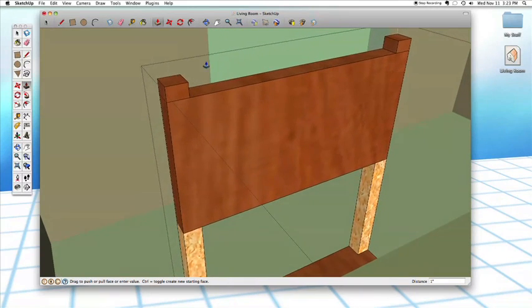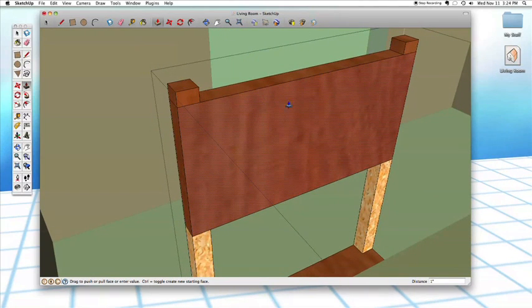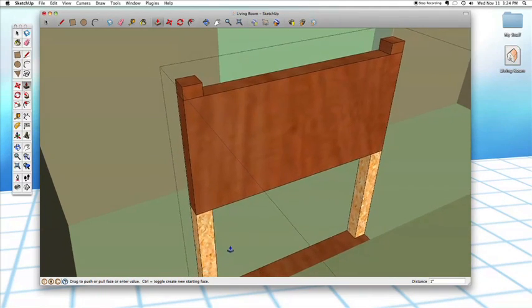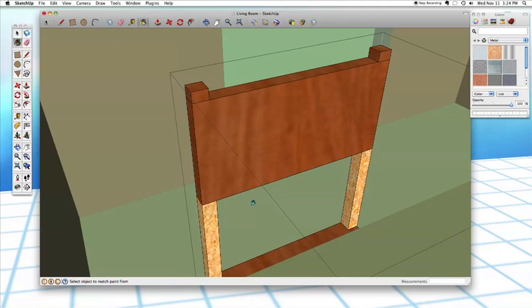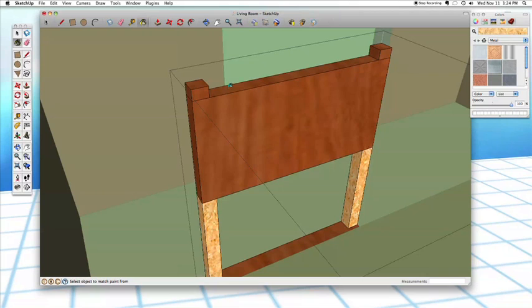You notice when I pulled these up, they kept this kind of dark mahogany style wood texture, but I want them to be this lighter texture. So I'm going to switch to the bucket tool using the B key. And now I'm going to hold down the Command key to go into that little eyedropper and click on that lighter wood to sample it. And you notice in my colors window, which automatically popped up here, it has now sampled that lighter color wood. And now I can just click on these faces here